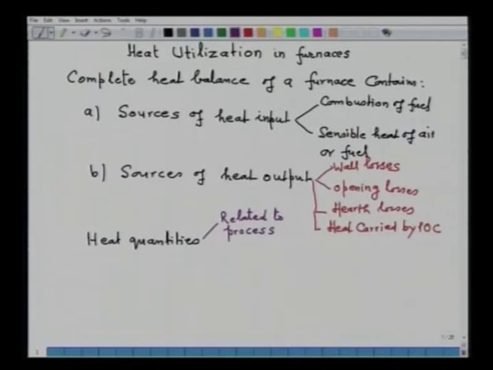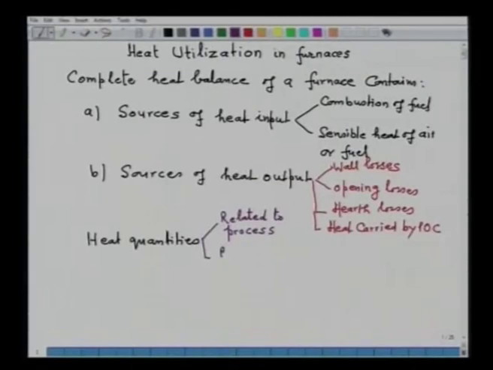I mean to say, suppose we are carrying out heating of a billet, bloom or slab, or we are carrying out melting, or refining, or roasting, smelting. That means, whatever metallurgical function we are carrying out, or for example, in the cement industry, you are carrying out calcination. So, there are certain quantities which directly relate to the process or to carry out a thermally derived function, which could be calcination, roasting, smelting, refining, or heating only.